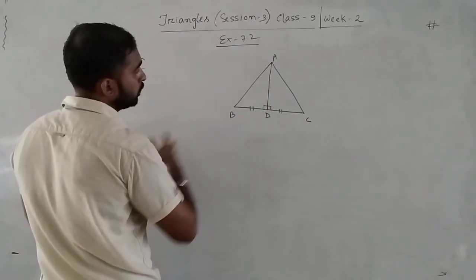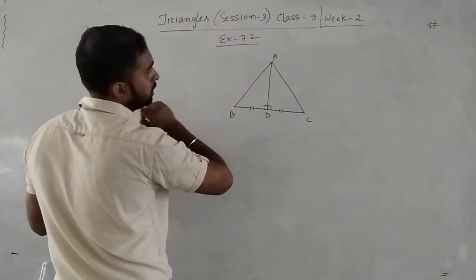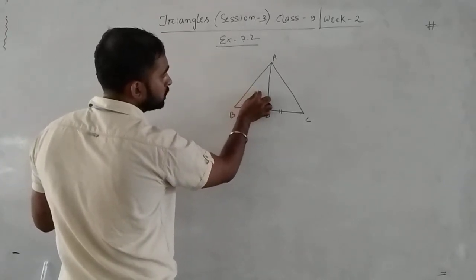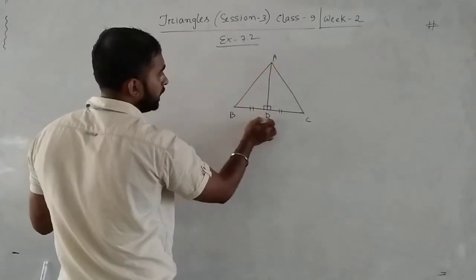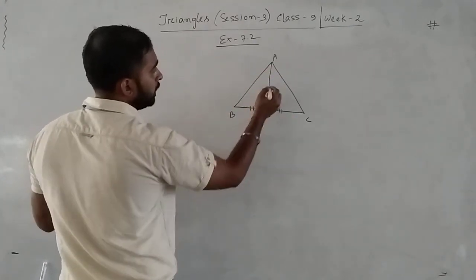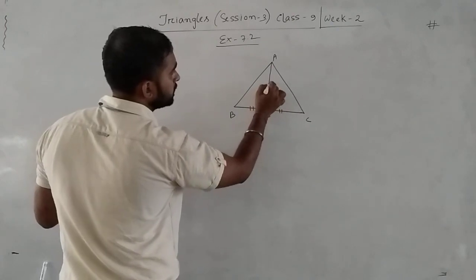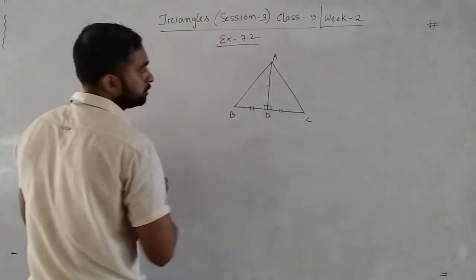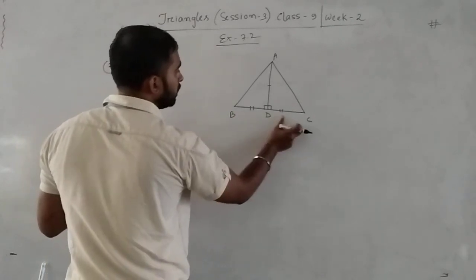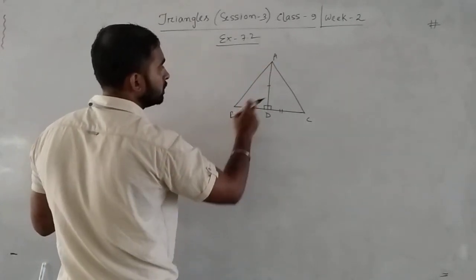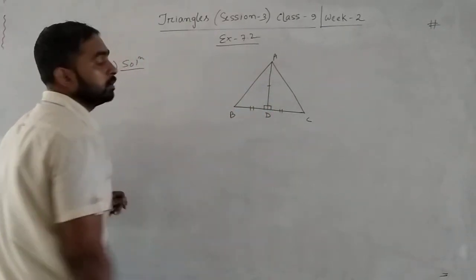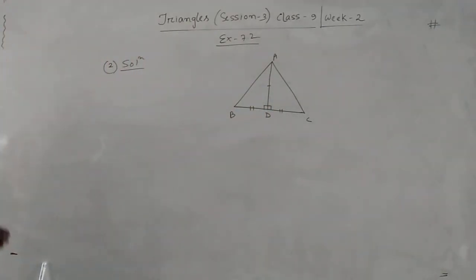That is what we have to prove: AB equal to AC. Now for AB equal to AC, we have to prove that these two triangles are congruent. In triangle ADB and triangle ADC, AD is common, these two angles are 90 because of perpendicular, and BD equal to CD because of perpendicular bisector. So by side angle side they are congruent, therefore AB equal to AC. Simple questions these are.